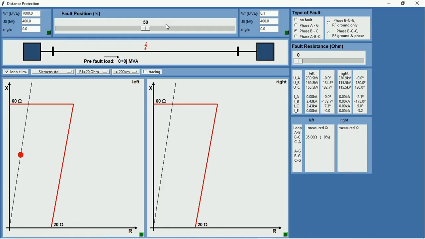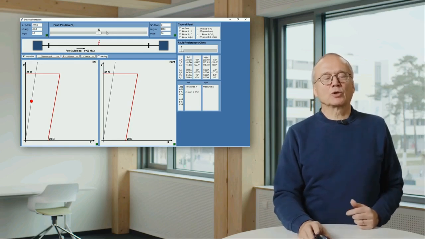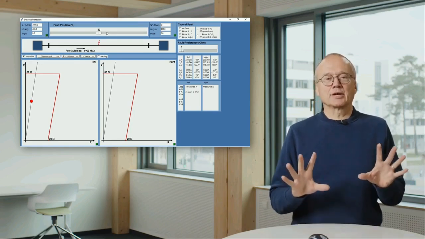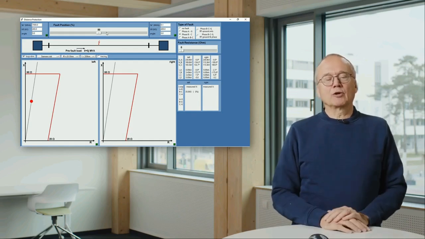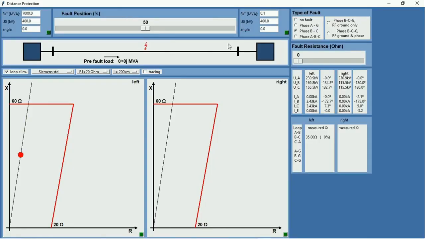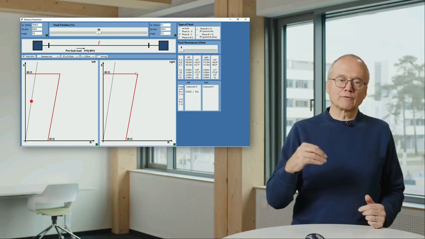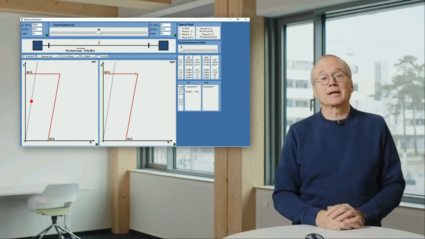Yeah, I'd now like to show these discussed cases again in my simulation, just to repeat and you see what's going to happen. So we see here again the line with a fault on the middle of the line. In this case, I have set the infeed from the right side to nearly zero. That means we have no short circuit current coming from the right side.